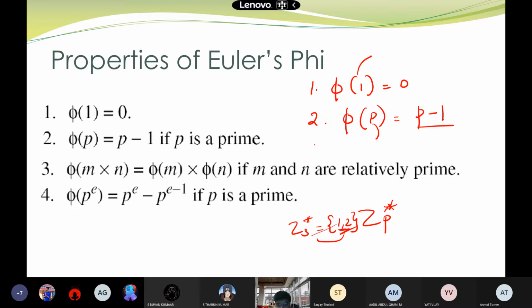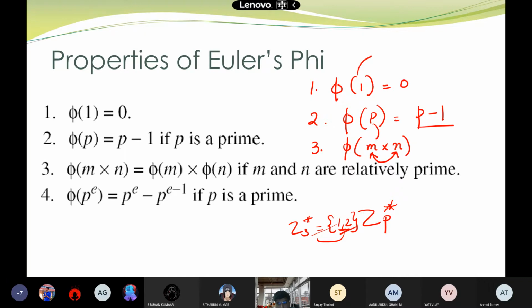Okay, so now let's get on to the third one. Now here is where you're going to deal with a larger number and try to factorize that number. Say for example, I have a product of 2 integers, say m cross n, right? Now, if m and n are relatively prime to each other, co-prime to each other,